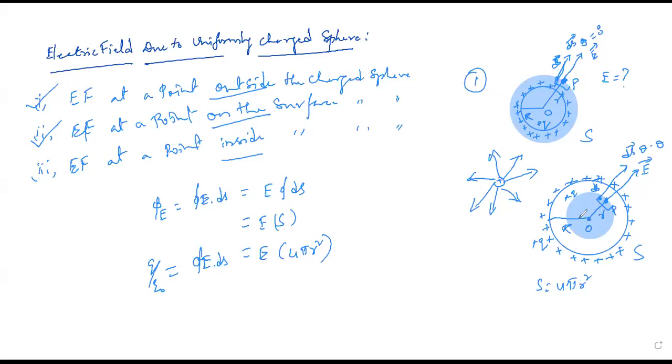Is it satisfied? No. Why? Because here you have got only the electric field intensity, but not the total charge. What we have to do here is find the total charge enclosed by this Gaussian surface, which is important. So for that purpose, everyone please note down, the total charge enclosed by this Gaussian surface will be written as